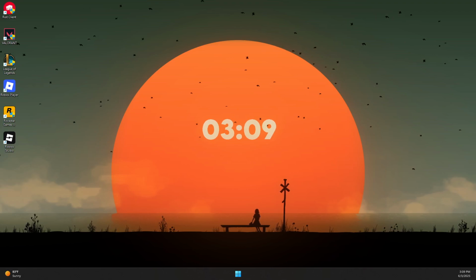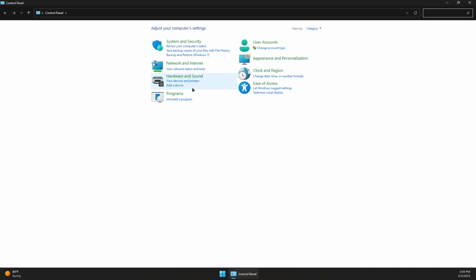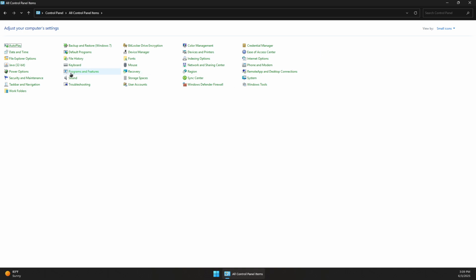So here's how to fix Java error code 1603 on Windows 10 and Windows 11. First, open the start menu and search for control panel, then click on view by and small icons. Now look for Java, which is right here, Java 32-bit. Click on it